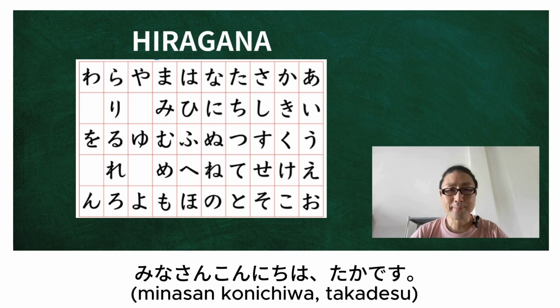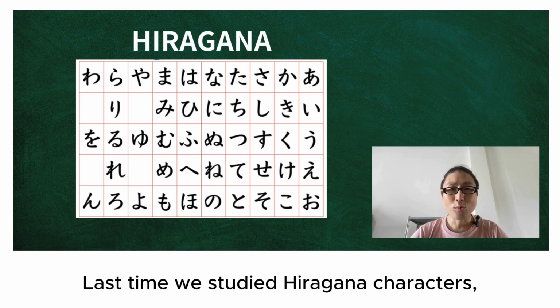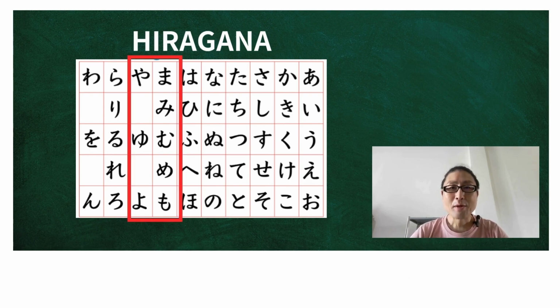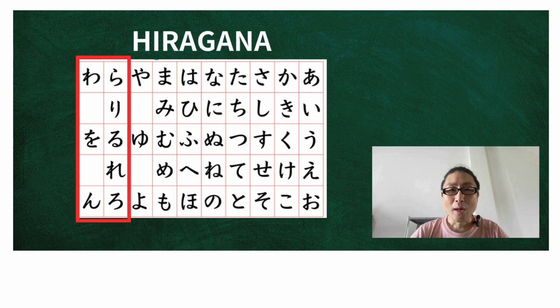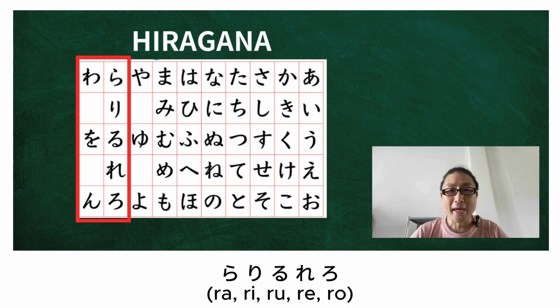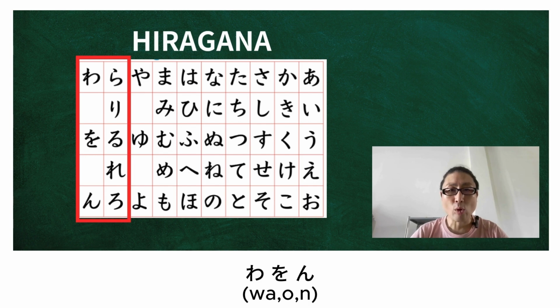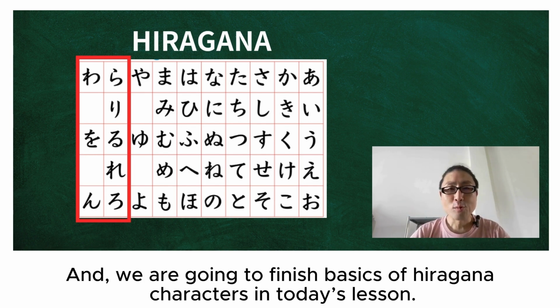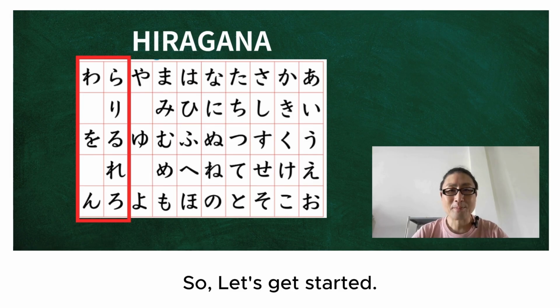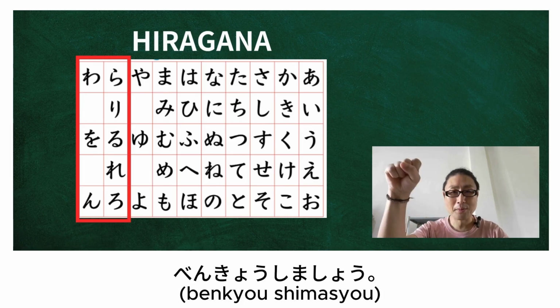皆さん、こんにちは。タカです。Last time, we studied Hiragana characters, まみむめもえんやゆよ。This time, we are going to study らりるれろえんわおん totally 8 characters. And we are going to finish basic of the Hiragana characters in this lesson. So, let's get started. 勉強しましょう。